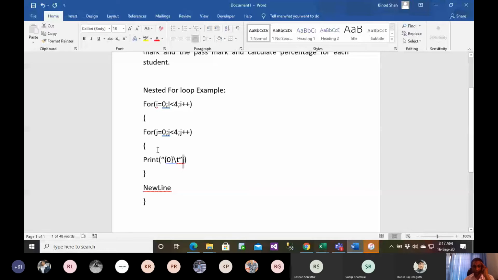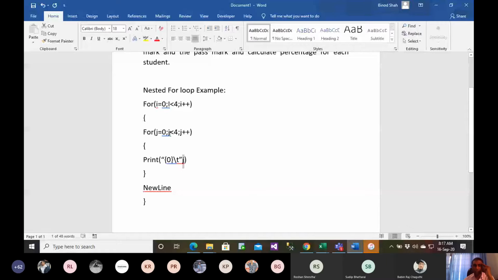And when the value of j is 4, it will not take. It will just say that 4 is not less than 4. In that case, it will move up. Now the value of i would have become 1. 1 is less than 4. That's true. Again, there is a post increment of i. Then this will come over here, and now this will check again.